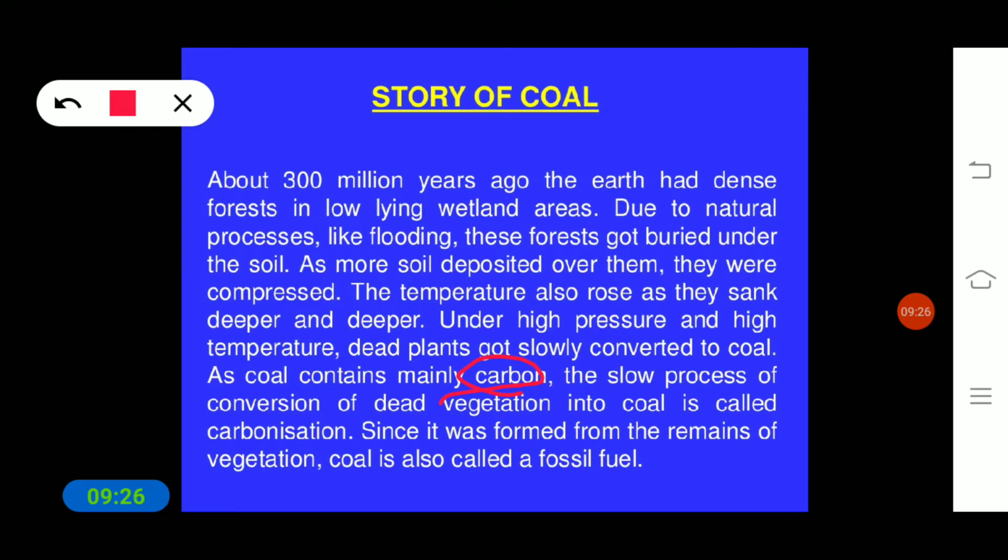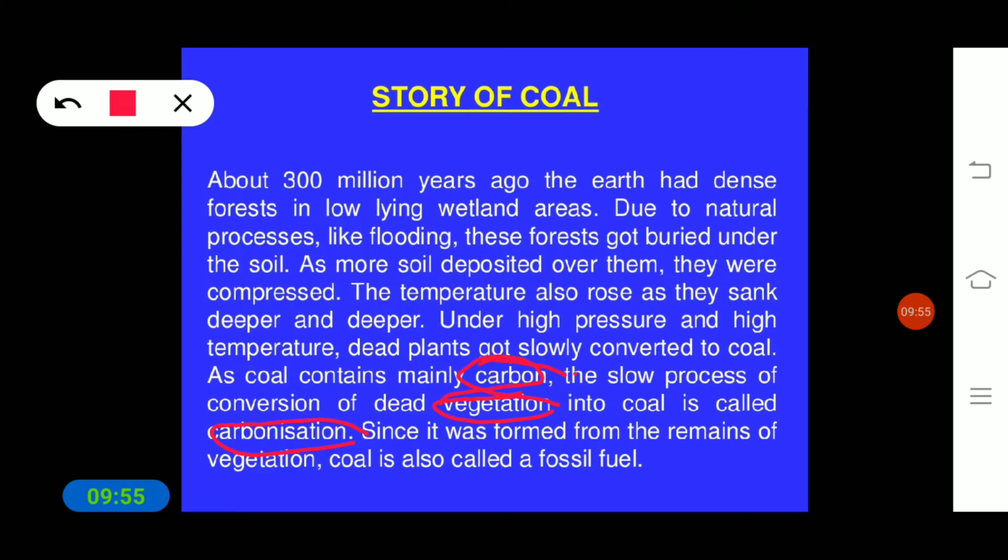This coal contains mainly carbon, and the slow process of conversion of dead vegetation into coal, what do we call it? That is carbonization. Vegetation means here what? The plants. So the slow process of conversion of dead vegetation, that is, the plants which are buried under the soil,